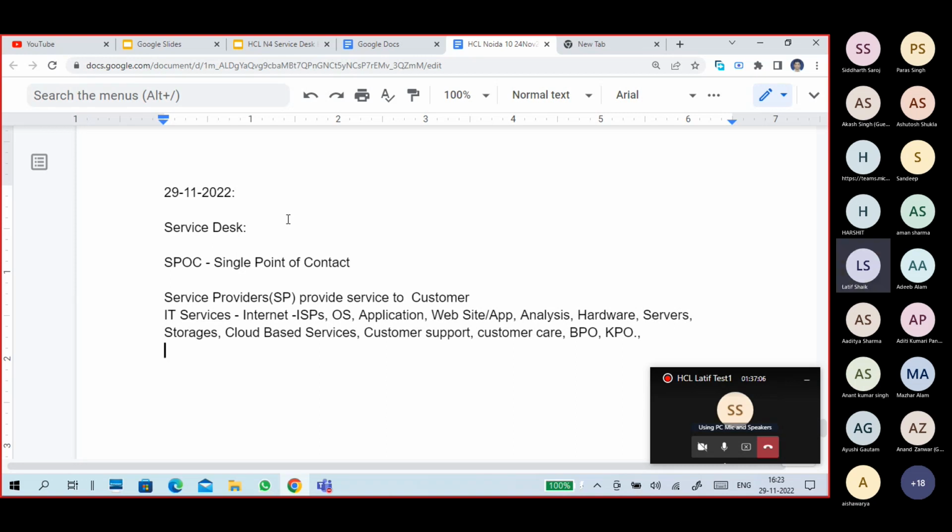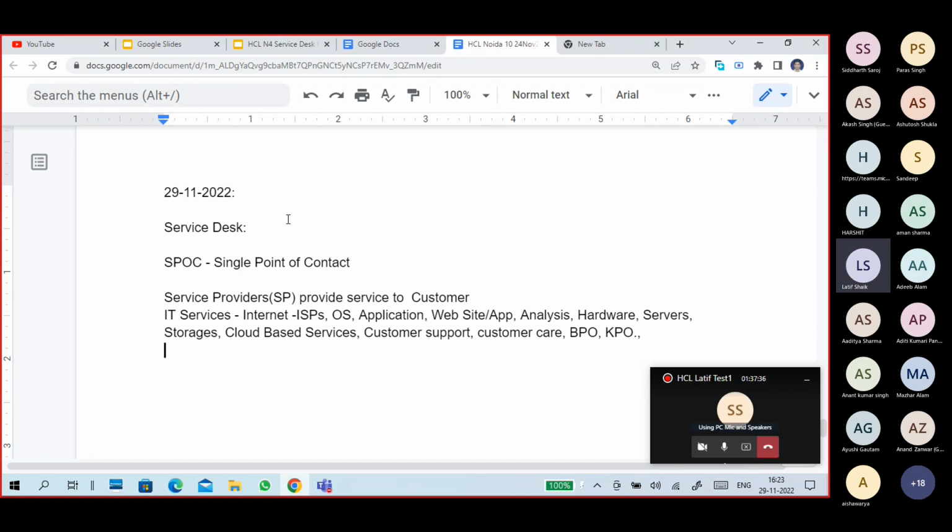SAP means their SAP servers, applications, SAP database connectivities. These are all supported, and SAP based applications also from 70s, and AWS related support is also given on a certain customer basis. Okay, guys, so IT services does not always mean application development.